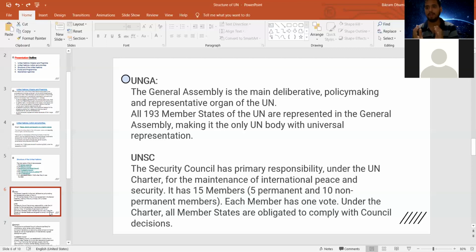Only these five members of the United Nations, as I've already said, China, USA, UK, and France, have that veto power to cancel the decisions taken by the United Nations Security Council. So this much about the United Nations Security Council. Now we'll move to the